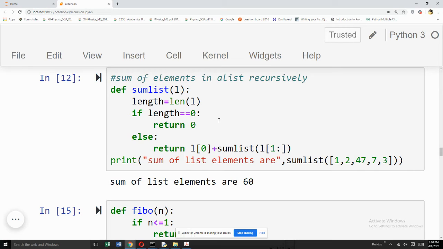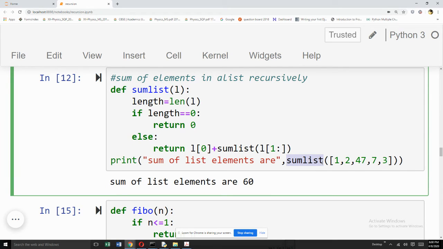Now our next question is how to sum up the elements in a list recursively. Let me tell you, you can do this program in many different ways. This is one way in which I have done it. Now I'm calling the function SumList by passing a few elements in the list. How am I proceeding? I am returning in my stack L0, so right now L0 will be 1. Is that clear? Now I'll be adding 1 plus calling the sum again but reducing my list. Now my list is from 1 onwards.